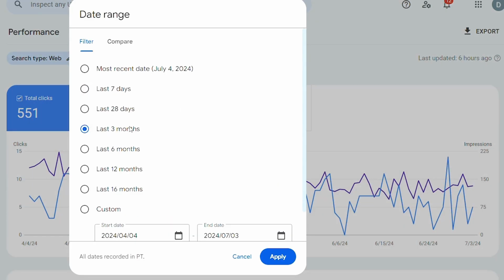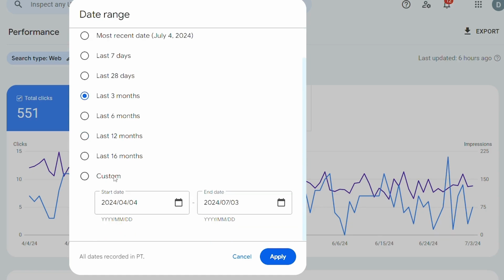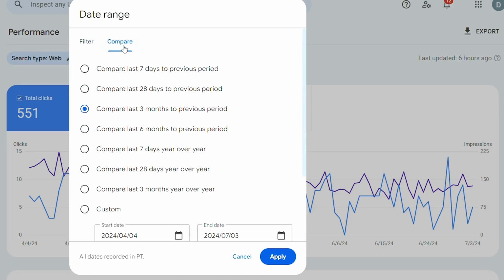So it is set on the last 3 months at the moment, but you can move it to the last 28 days, the last 7 days, the last 6 months, the last 12 months, and the last 16 months, or you can even select a custom date range as well. And you can also do a comparison, so you can do all of the date ranges that I just mentioned and compare it to the previous period or year over